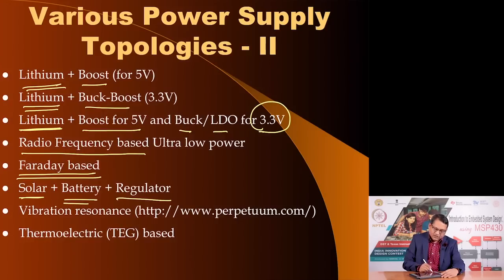Another method is using the resonance, the vibration inherent in buildings which have air conditioning. Because of the air conditioning equipment, these buildings are vibrating at a certain frequency. There are solutions where you have a power converter which you stick to the wall of these buildings. They are tuned to the frequency at which the building is vibrating, and they provide minuscule amounts of power, but oftentimes this is sufficient for monitoring